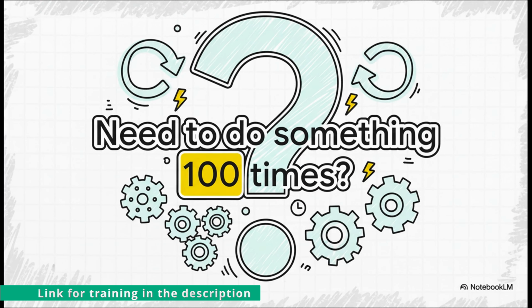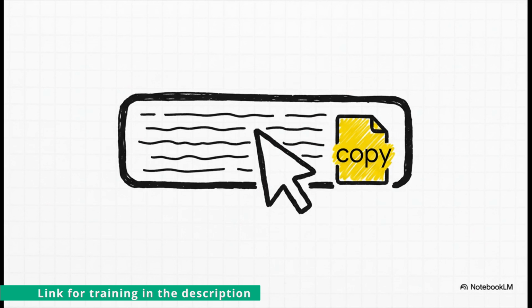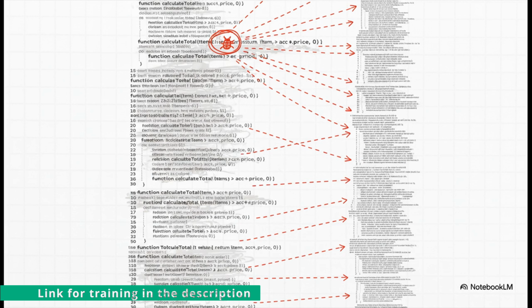All right, let's just imagine for a second you've written one perfect line of code. It does exactly what you want it to do. But now you don't need it to run just once. You need it to run 100 times. What do you do? Well, the first thing that might pop into your head, the brute force way, is to just copy it and then paste it 99 more times. I mean, sure, technically that would work, but oh my gosh, can you imagine how inefficient that is?